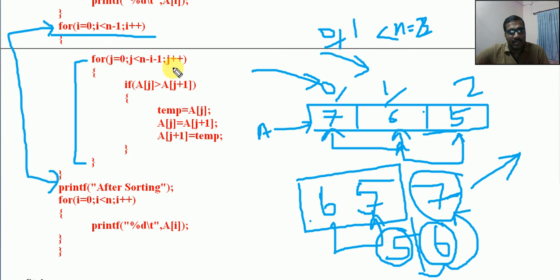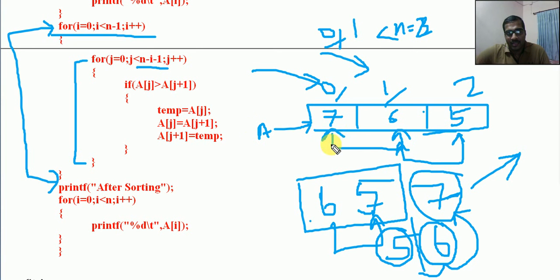Next, we start from j equal to 0, j less than n minus i minus 1. Similar to this one, there is a small difference. n is 3, 3 minus i, that is 3 minus 0, then minus 1, that is 2. j less than 2 means up to 1, 0 and 1, so only 2 times we are doing comparison.